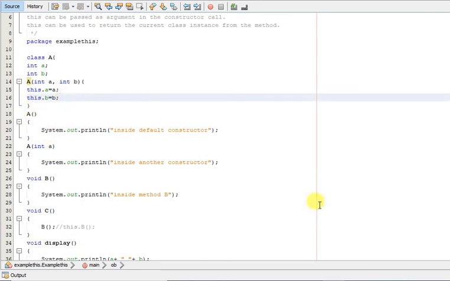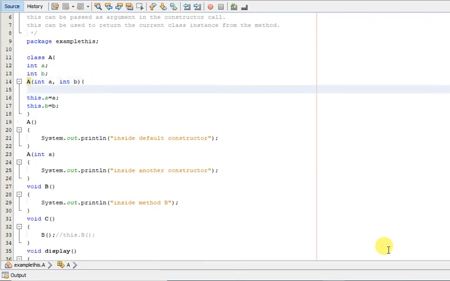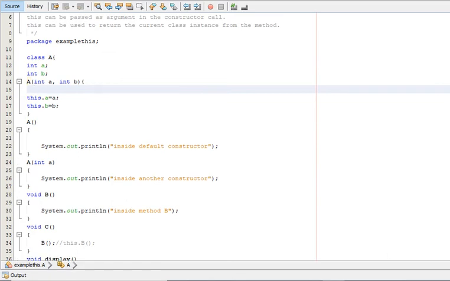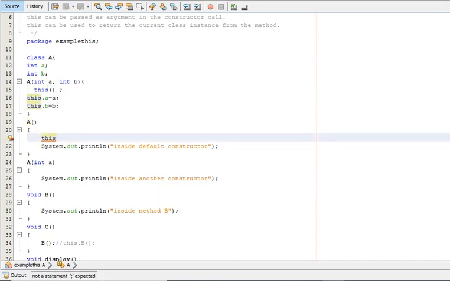So inside this, let us call this, which will call the default constructor, and inside the default constructor let us try to call the parameterized constructor, which is having one parameter.